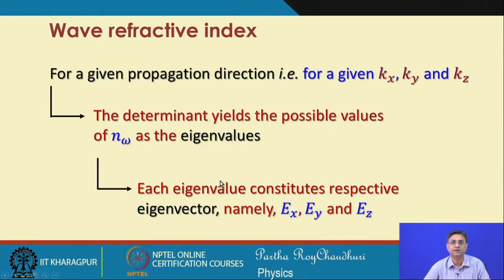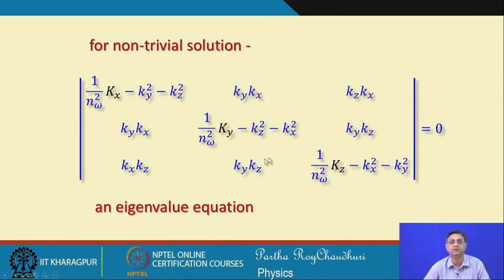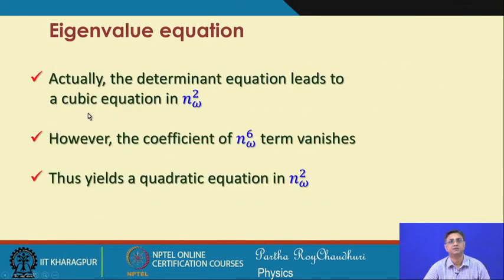So, actually this determinant equation involves n square, so this will give you a cubic equation in n square, that is n to the power of 6. So, this determinant equation gives you a cubic equation in n square. But interestingly, all the coefficients of n omega to the power of 6 will vanish,